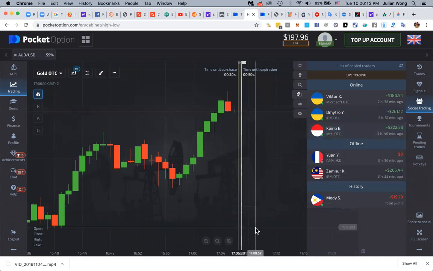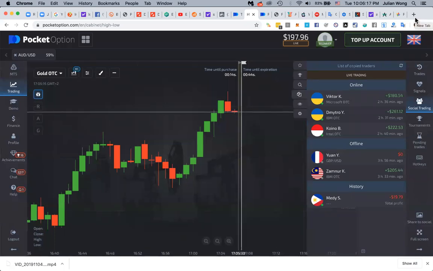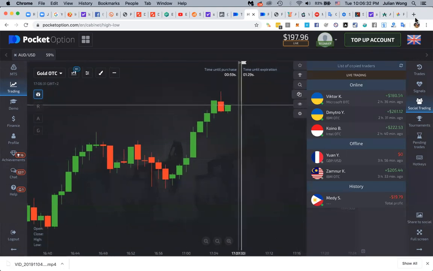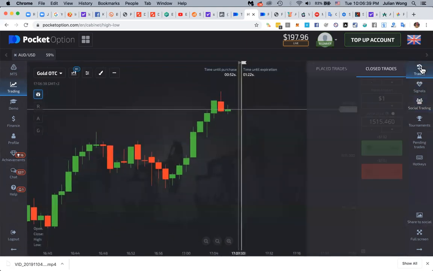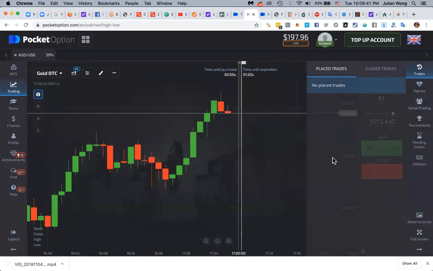All right. So I think this is a great way to help a lot of people and to have a separate income stream. You can have one account at Pocket Option be auto trade only, and you can continue trading your high-low or IQ Option or whatever. You can do both simultaneously, but honestly I think you're going to stress out looking at placed trades. Oh, what happened to this one? That one's losing, that one's winning. And then you get all freaked out. So just concentrate on what you're doing.